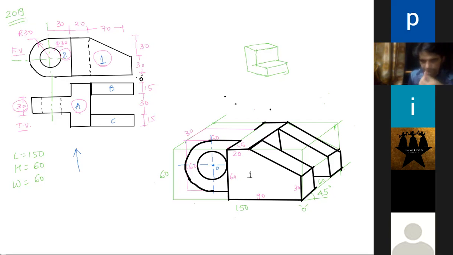So what is the radius of the center circle? This is the distance B to C, 15, 15. I just write, this is 15, 15, 15. The gap between them is 30.